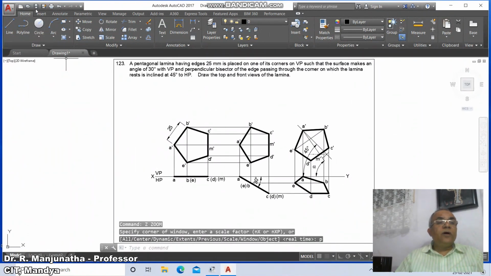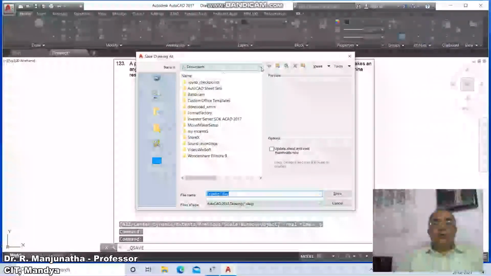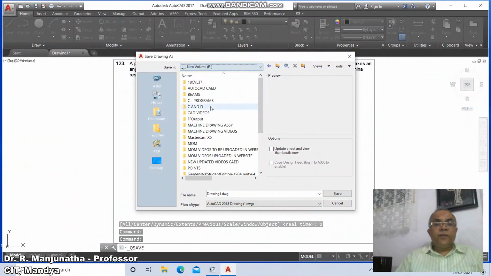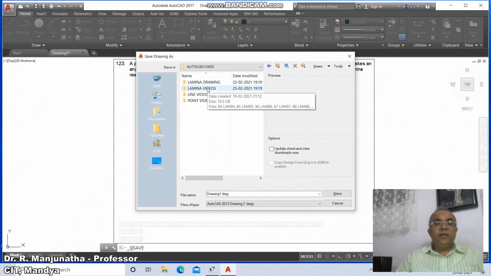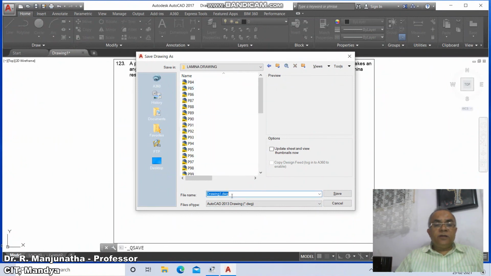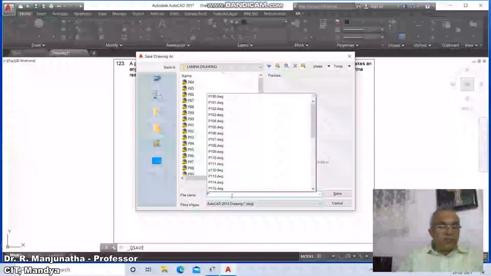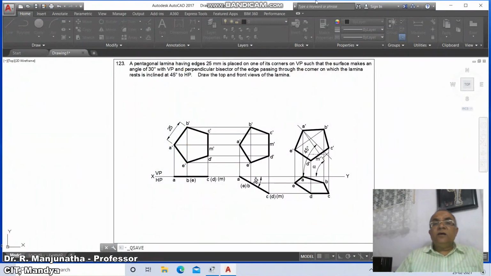Then we'll go for save, go to appropriate drive, then go to AutoCAD, go to laminar drawing, you would go to P123 and save it. And finally